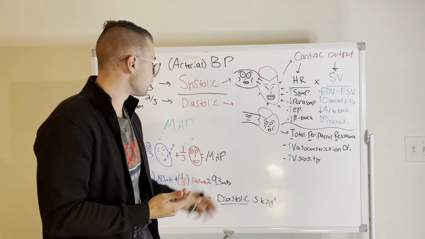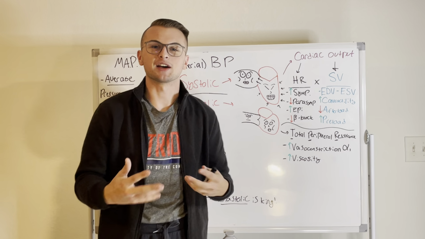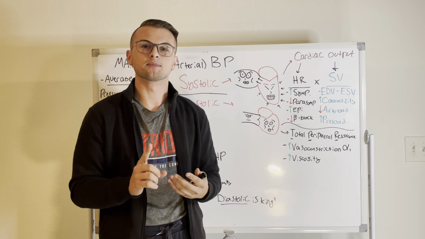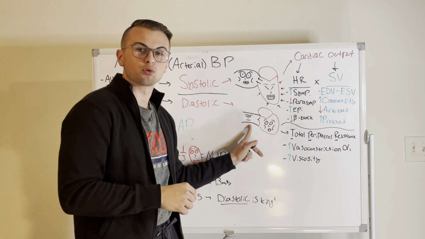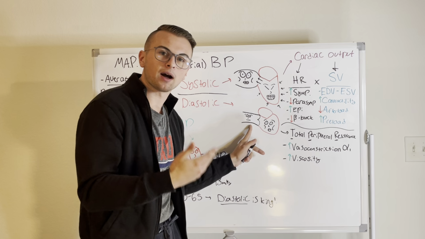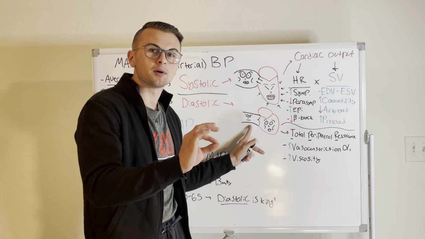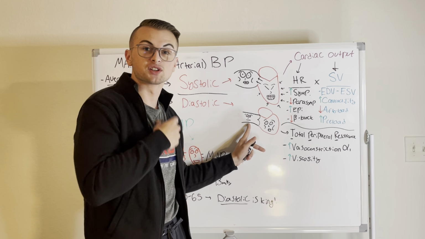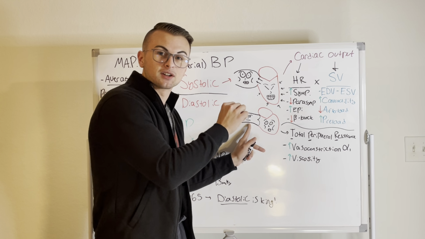Now, what about that pesky diastolic blood pressure? It never gets any attention. It's not as popular. Well, what is it determined by? Let's think about it. The diastolic blood pressure is really just the pressure in the arterial system when there is the least amount of blood from the heart. So this is the minimum amount of blood. This is when we are all out of blood, it's gone other places. This is the pressure at that very exact moment.